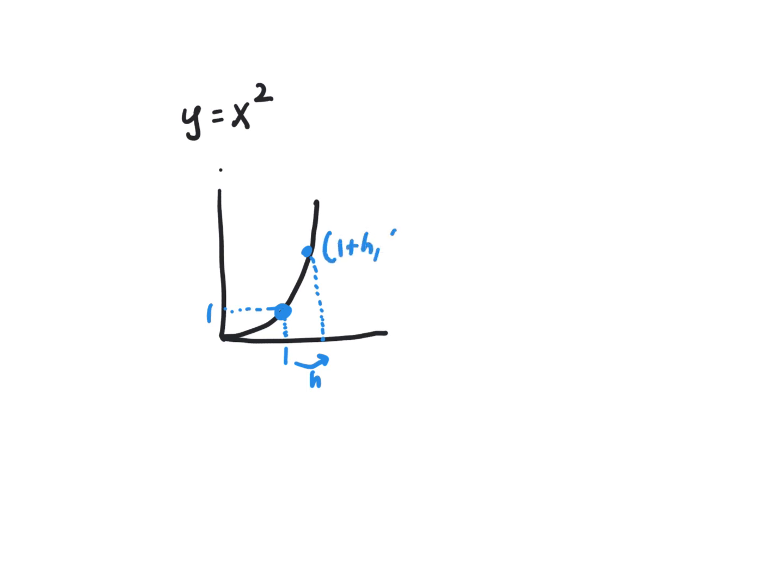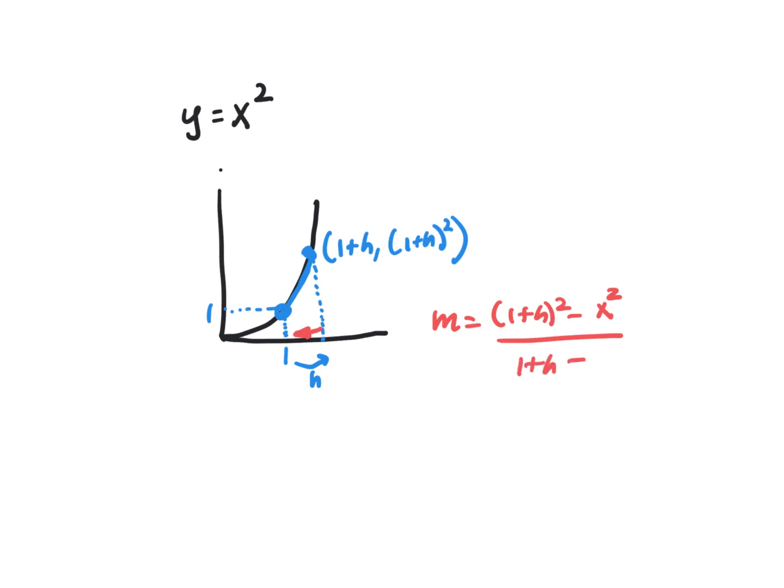And that means that we're going to put the 1 plus h into the function to get our y value. And what we would do is find the slope between those 2 points, with the end goal that we would want to move that h so that it goes closer and closer to 0. So we talked about the fact that we were finding a slope, and to find a slope you do y2, take away y1, over x2,